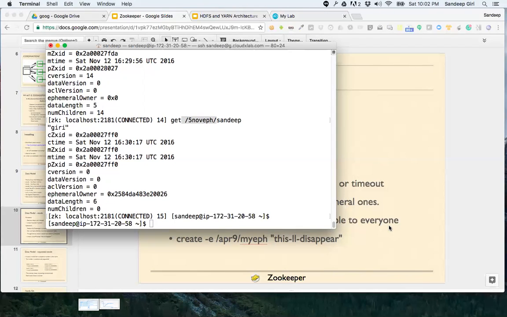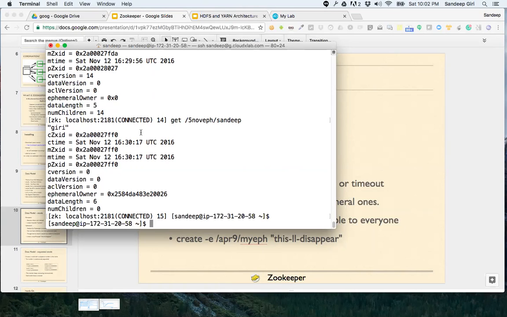It should not have disappeared yet. It will take around 5 or maybe 10 seconds to disappear. Yes, so it has gone. Why? Because my session is deleted. Since I exited, even if I had closed this window without doing anything, it would disappear.